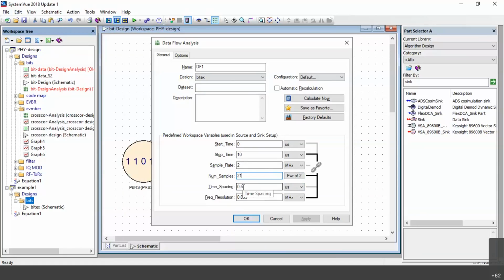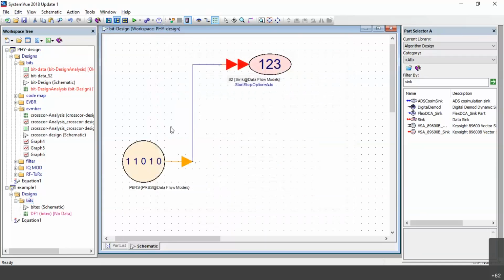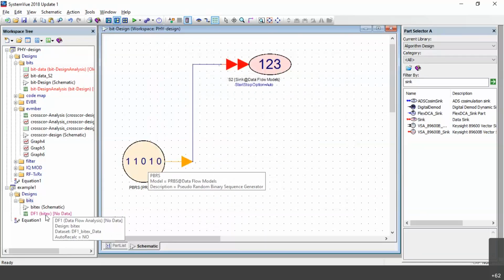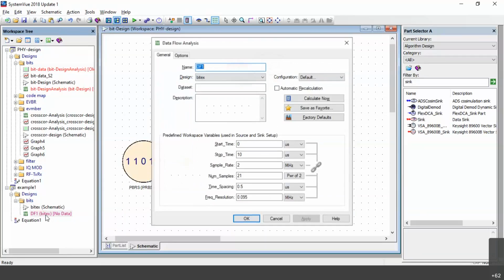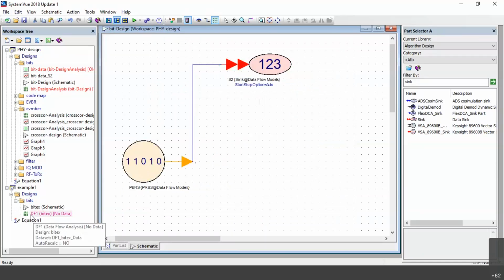Okay. So you say okay, and before saying okay, you just say calculate now. Say okay, it's done. Again you have to go back to the sheet. See here, when I say okay, see in the left side, see my screen here. This is pink color DF1 bit example, it has no data. Why? Because I did not calculate anything. I just set up this value and said okay. So the reason there is no data.